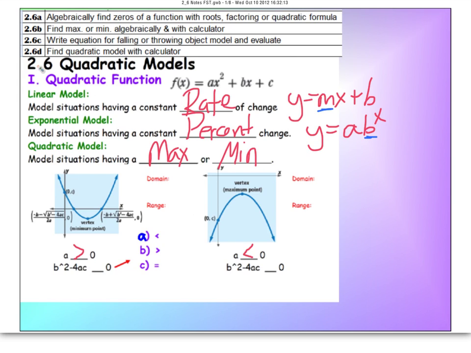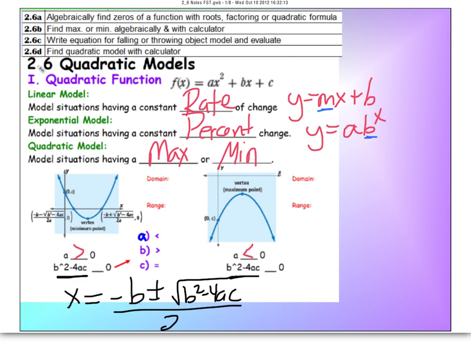The other thing is when we have the quadratic formula, we actually will see what's called the discriminant inside of it. So b squared minus 4ac. So remember, the quadratic formula is x equals negative b plus or minus the square root of b squared minus 4ac all over 2a. What you learned in Algebra 2 is when that discriminant, or the b squared minus 4ac, is greater than 0, you are actually going to have two answers,